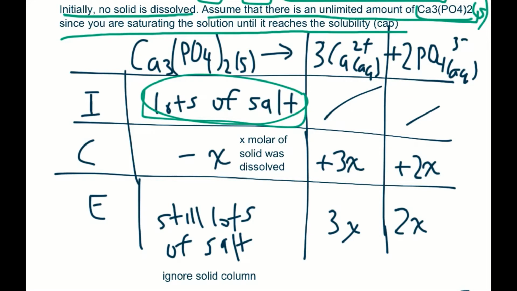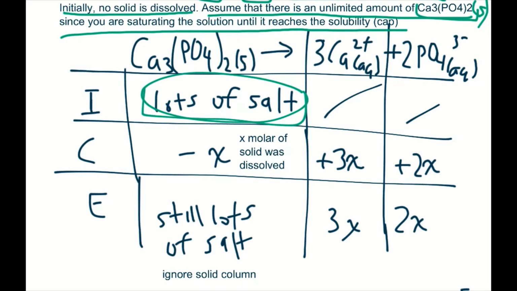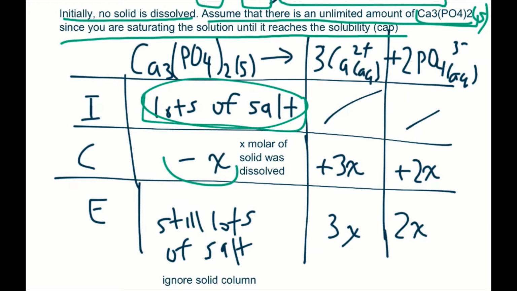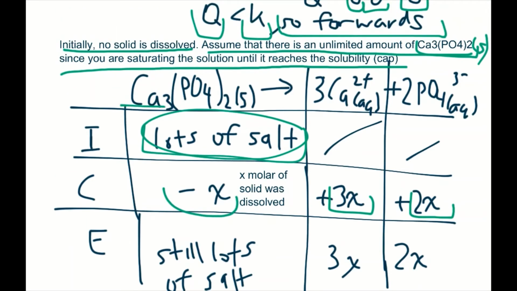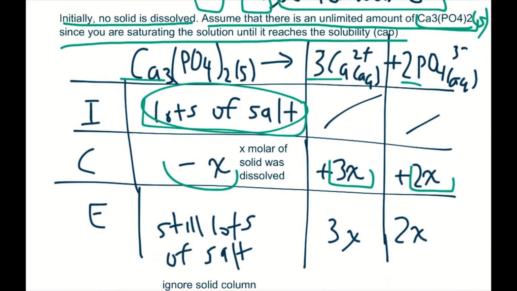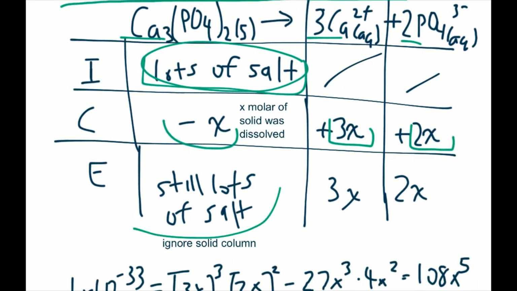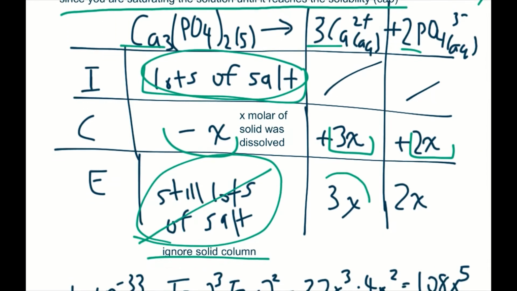And we know that for every x molar of solid that is dissolved, so that's why I'm doing minus x, then 3x molar of calcium ions will be produced, and 2x molar of phosphate ions will be produced. So I'm following the stoichiometry. Just keep a note of that. And in the end, we still have lots of salt, and we don't care about this, by the way, so we ignore the solid column, and we have 3x and 2x